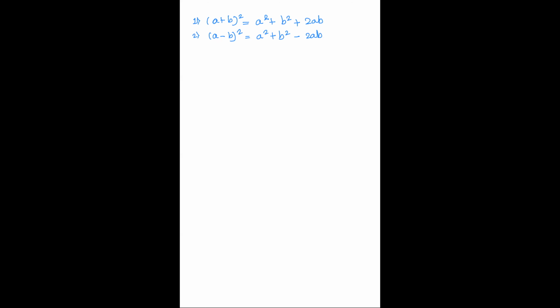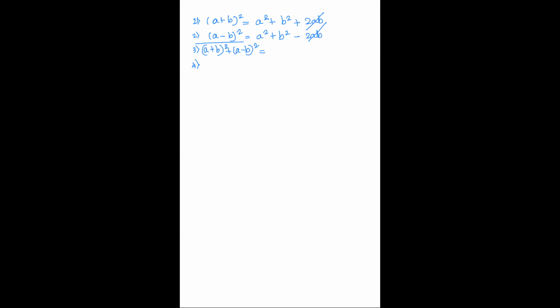Now the third and the fourth identity which I'm going to teach you, this will save a lot of your time whenever you come across a situation like this. If we add the first and the second identity, so I'll just do the working over here. Let's add it. So this will become a plus b the whole square plus a minus b the whole square. Suppose if we add both of them, what will this become?